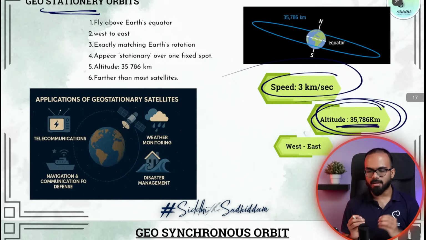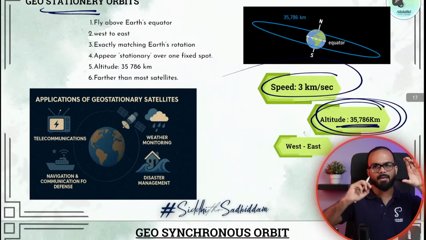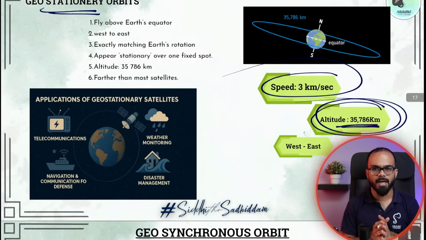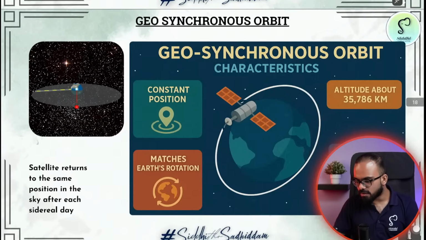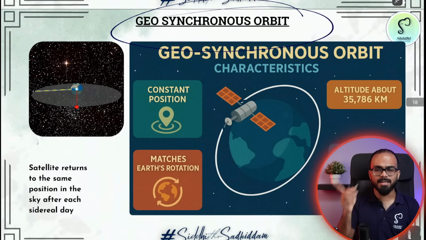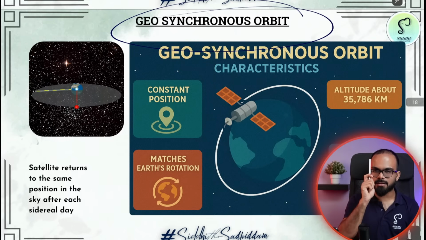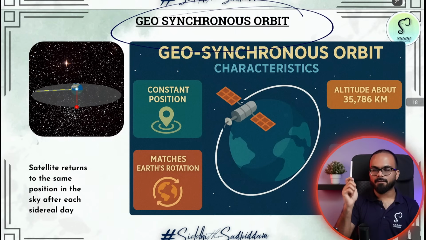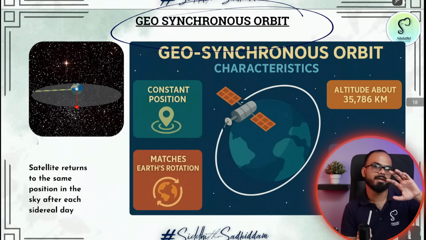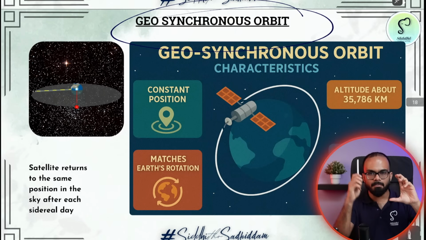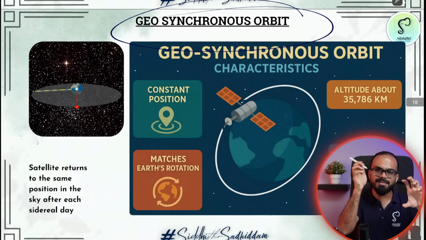Now tell me, don't you think we can't put all these satellites in the same orbit? It will be very crowded and it might cause a lot of space debris. It becomes very difficult for us to handle it. So there has to be an alternative, and the alternative is the geosynchronous orbit. The only difference between a geostationary orbit and a geosynchronous orbit is that a geostationary orbit is fixed, around the equator. Whereas a geosynchronous orbit is something like a sun synchronous orbit. It is not around the equator, it can be in any direction, but the position is always in synchronous with the sun.